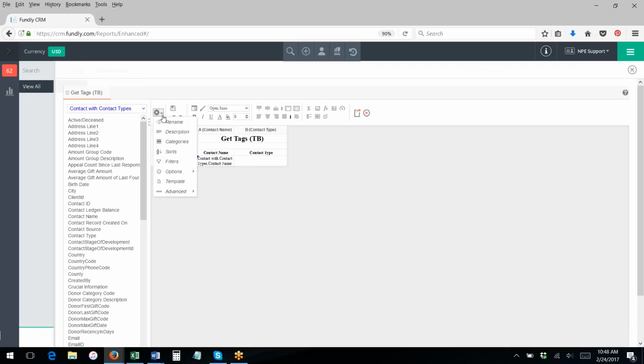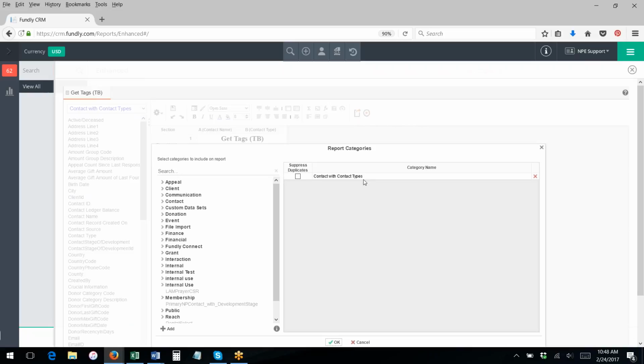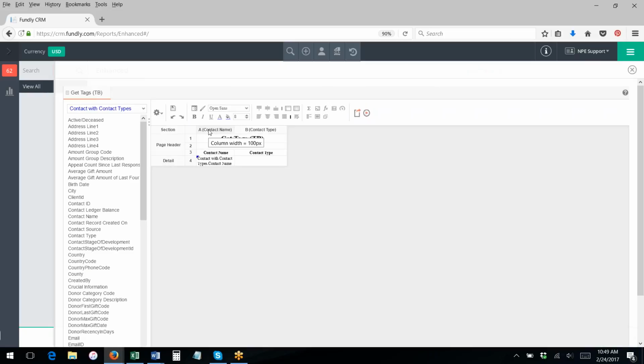on your report. You need to make sure that that is added to your categories tab, and you have that table at the very least. Depending on whether you're trying to get a list of your donors or event attendees, you may also have a donation table or event registration table, etc. added to this report. Now, in general, when you add the contact type field to a report and you just